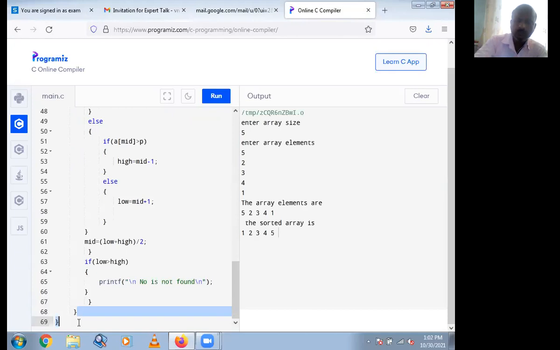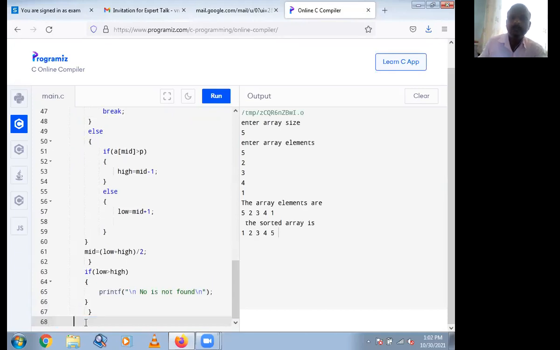Okay, this is the code for binary search. We'll execute this code.